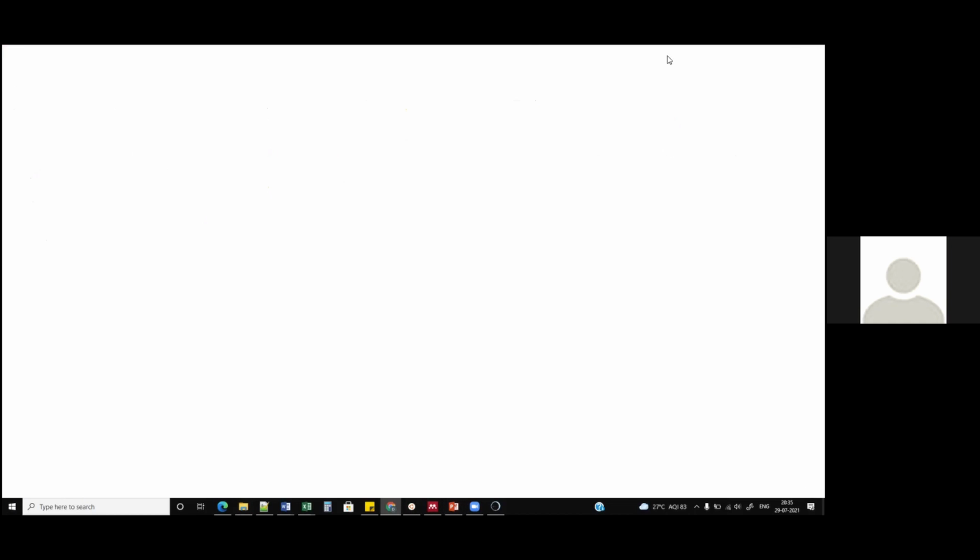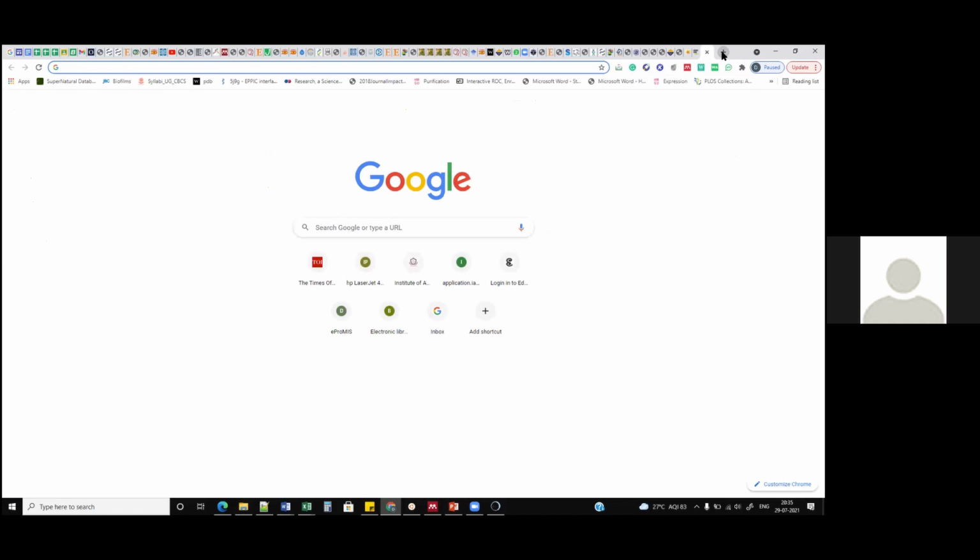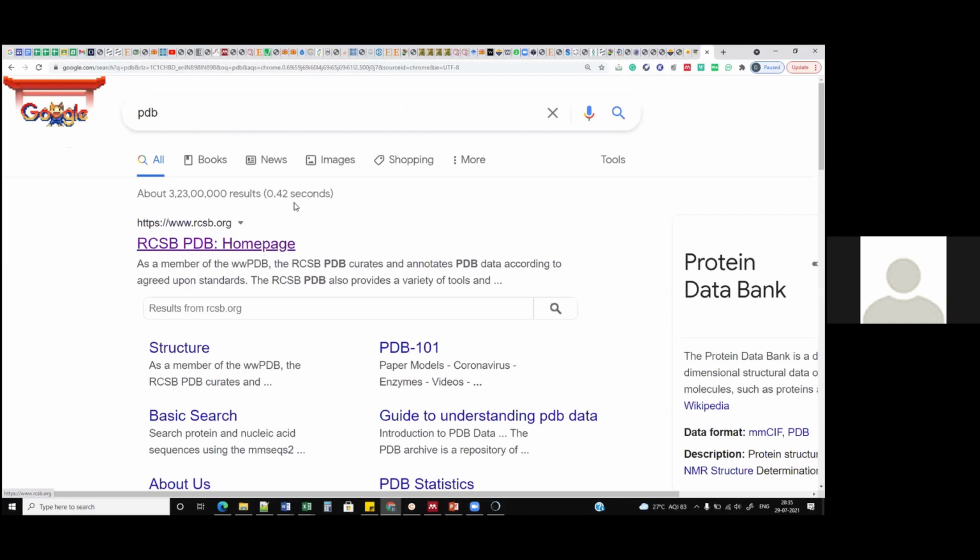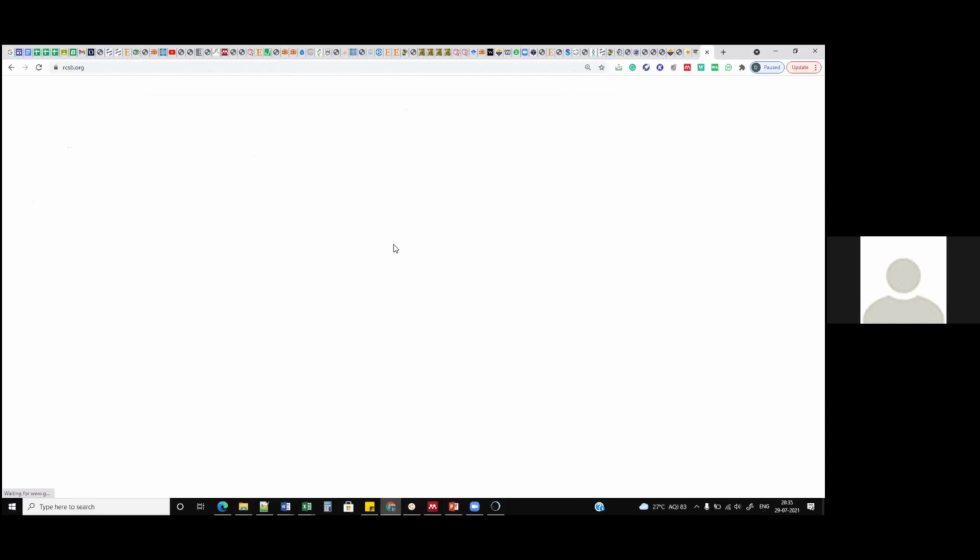So what we really do is, I will just open up a PDB and show you how to download a PDB file and how to trim all the water molecules. I will show you the different ways for doing the same.